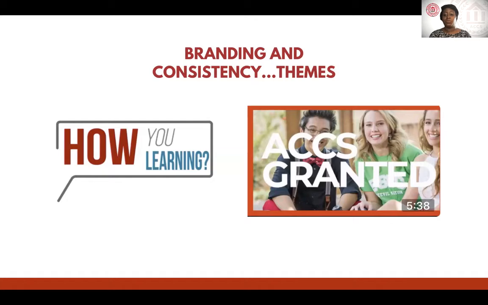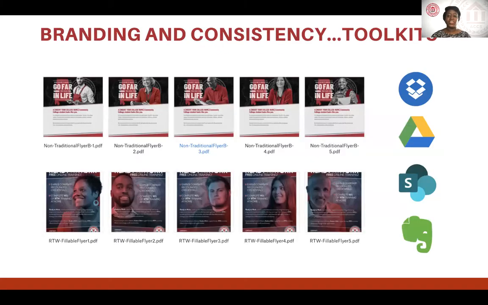And then Access Granted, we recently actually won an award for during the pandemic because we weren't really able to do a lot of things on campus. We at the system office in Montgomery would go through our colleges' social media pages and talk to their presidents and find out what was happening. And we put on a production, kind of a news story in essence, that featured each week the cool things that were happening at our schools. That way, the community was still able to have access to services. And it was awesome. We had food banks, we had nursing students, a lot of things to feature during that time. We were very thankful.